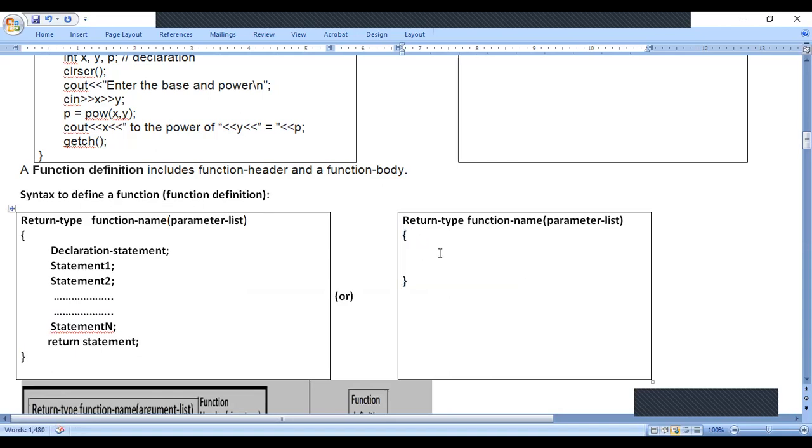Or you can write only one statement or more than one statement. Once again, I'm telling you: 0 statements, that is without writing anything, or one statement or more than one statement, totally it is called the body of a function. This point you have to remember. That means even if you don't write any statements, it is called the body of a function. If you don't write any statement, it is called an empty body.